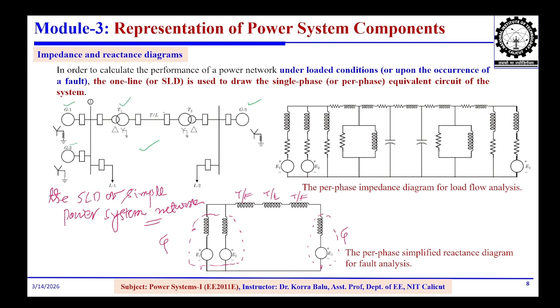Then we will see transformer 1, transformer 2, and the transmission line, and how they are connected in the delta-star and the delta-star-delta manner. Okay, step up and step down. So here we'll see the equivalent circuit of generator 1, the equivalent circuit of generator 2, and you'll